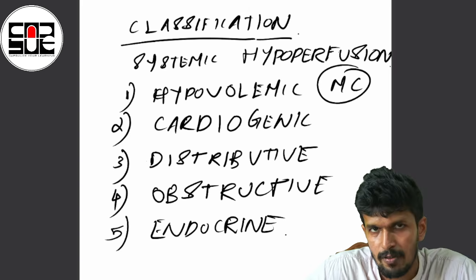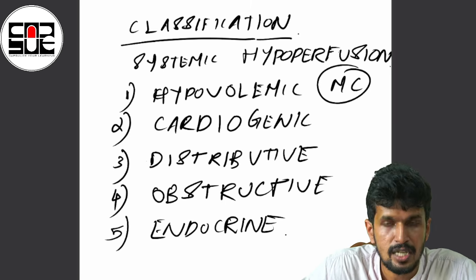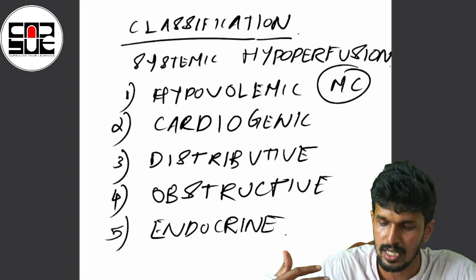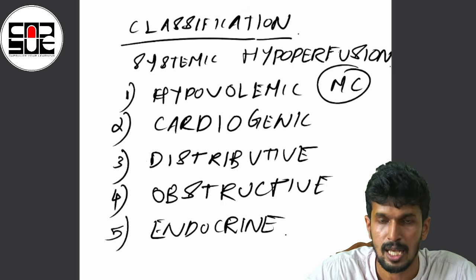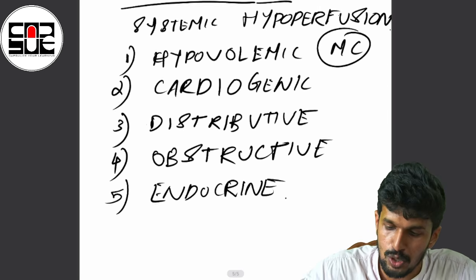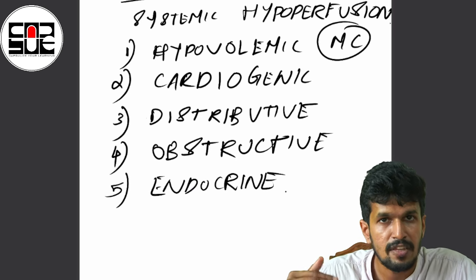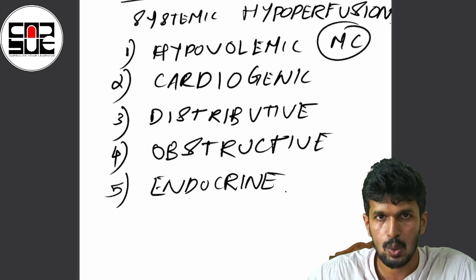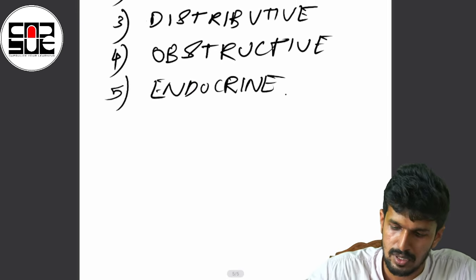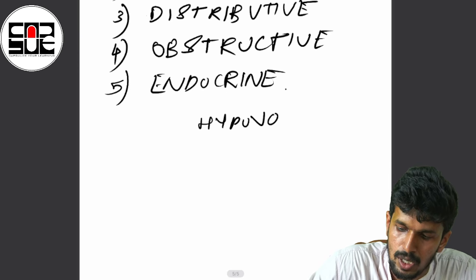At an undergraduate level, when we are discussing shock, the basic understanding is that we need to identify what type of shock is being mentioned whenever asked about a question, or whenever you see a case in an emergency. We need to understand what is happening in that patient. So I'll start with explanation by giving a clinical scenario so that you can correlate how to identify such cases in new clinical scenarios. We'll start with the most common type of shock, that is the hypovolemic shock.